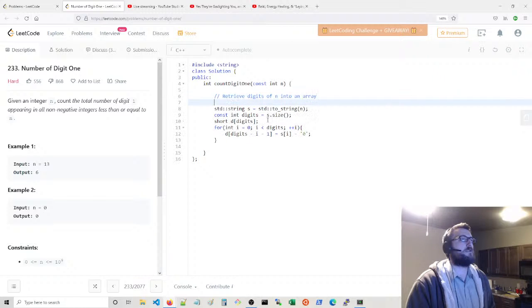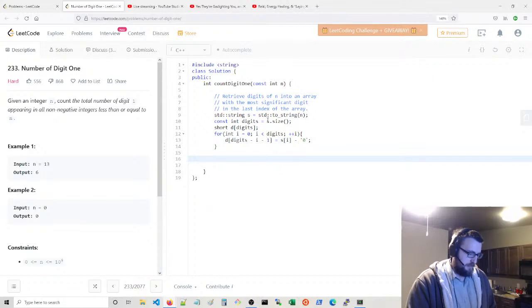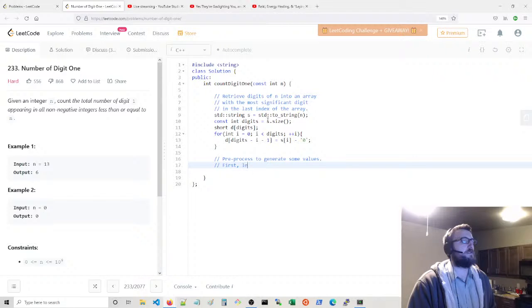To an array with the most significant digit in the last index of the array. Okay. And now we're going to preprocess to generate some values. First, have values, an array of values